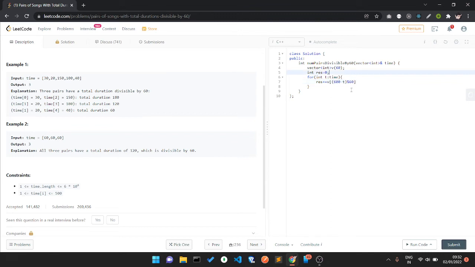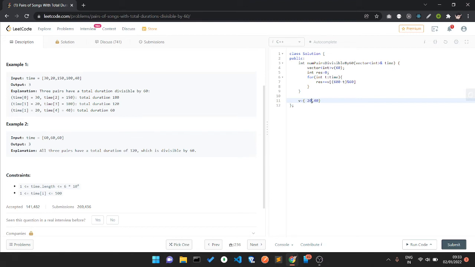Let me try to explain one thing. Let's say we have v with the values 20 and 40, these two values.